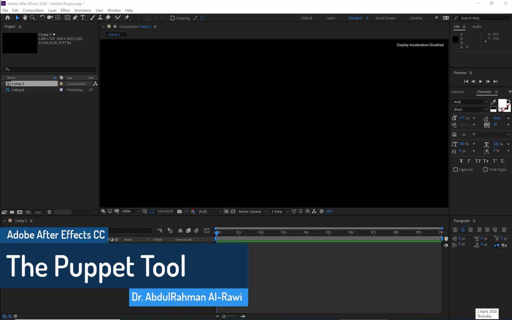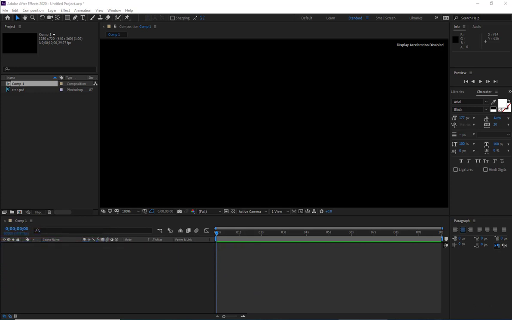In this tutorial we're going to explore the use of the puppet tool inside After Effects. The puppet tool is located on the tools bar here. When you click, this is the puppet position pin tool. Okay, we're going to start by